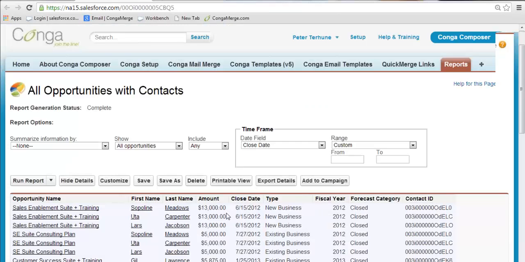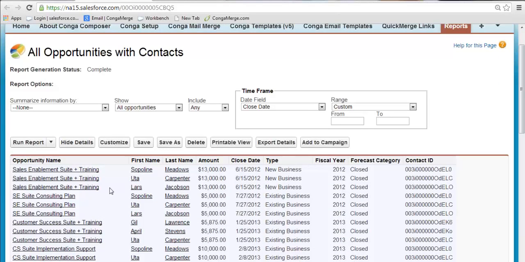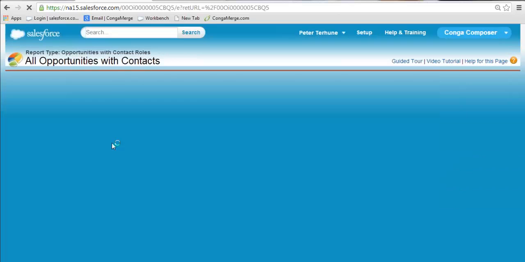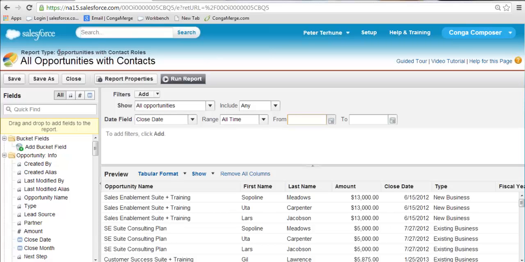I've opened up my report, and if I go to Customize, I'm using, in this situation, opportunities with contact roles. And the scope of today's letter that I'm going to be presenting is contacts with multiple opportunities. Now, this is a very frequent requirement in the nonprofit community for tax purposes, for example,